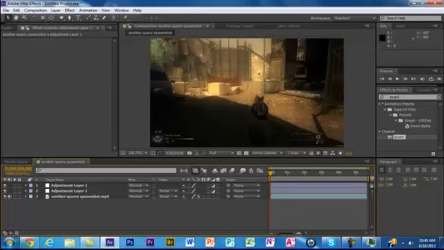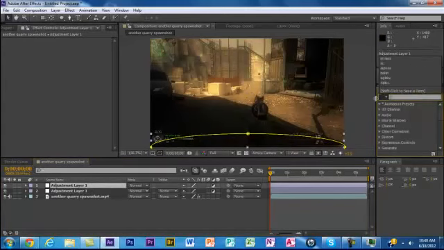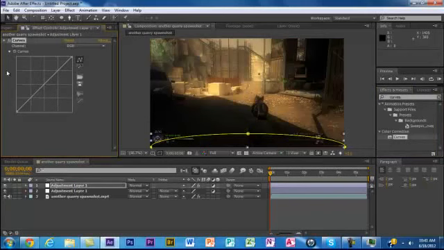Alright, so what we want to do is just apply its own color correction to each of the adjustment layers. Now, what an adjustment layer will do is keep the color correction within the confines. So, just type in curves, apply that to the adjustment layer that we have selected. Now, what we want to do is make it sort of red shifted. Just drag this across, and then drag this up,